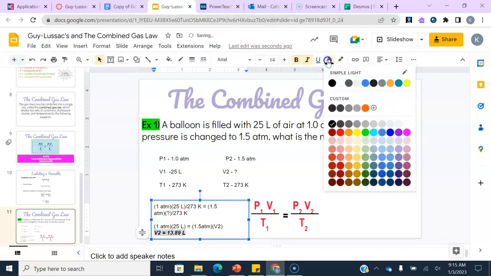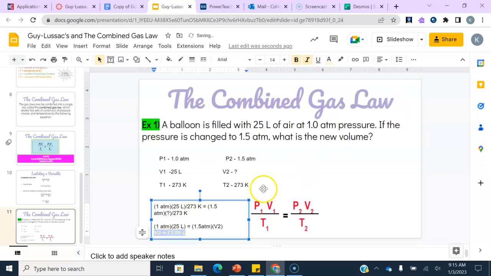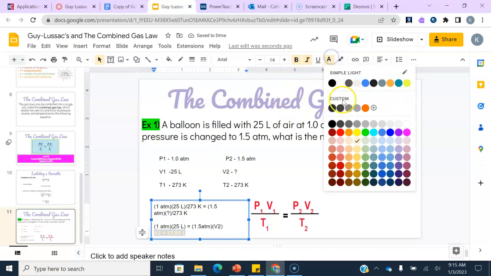So again, if it's standard pressure and standard temperature, standard pressure is 1 atmosphere, standard temperature is 273. If the temperature is not given to us,